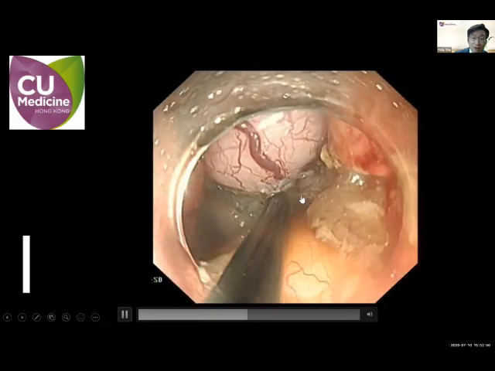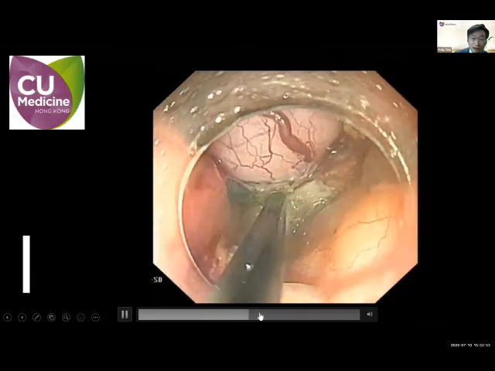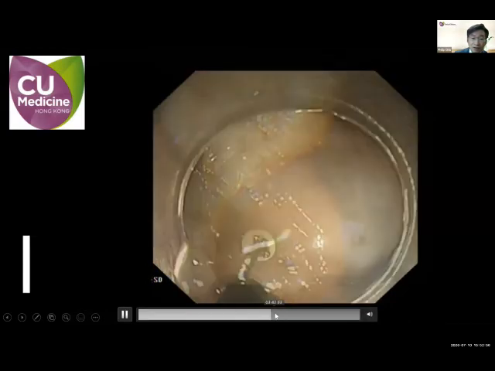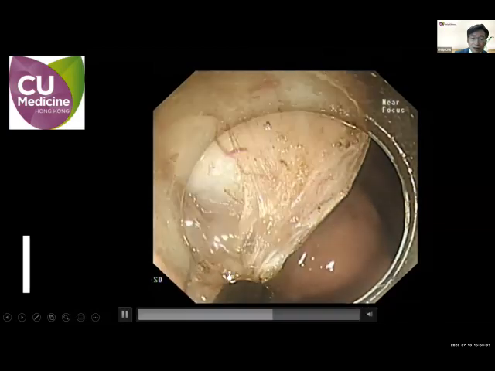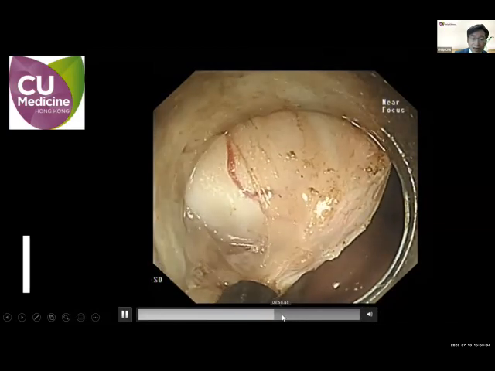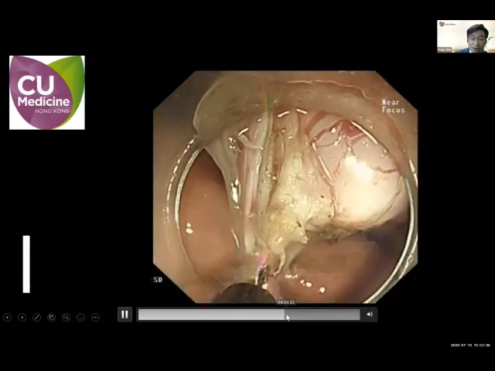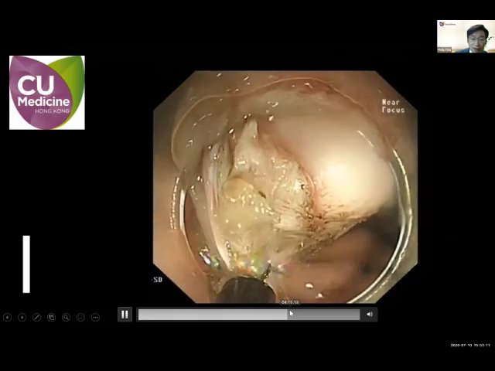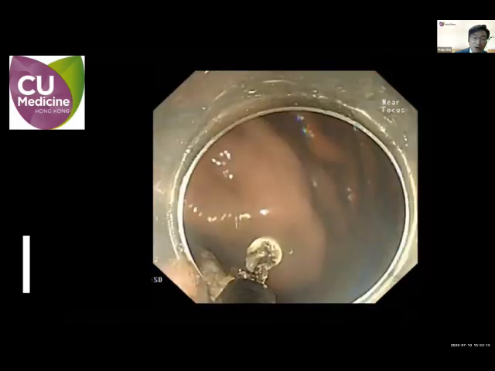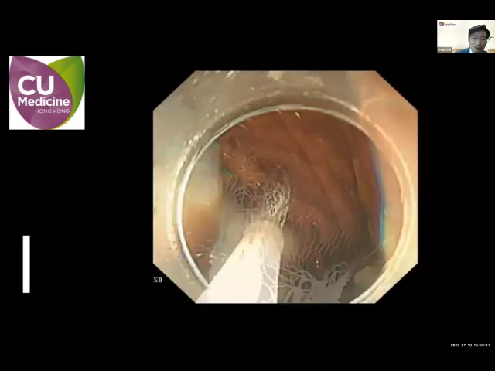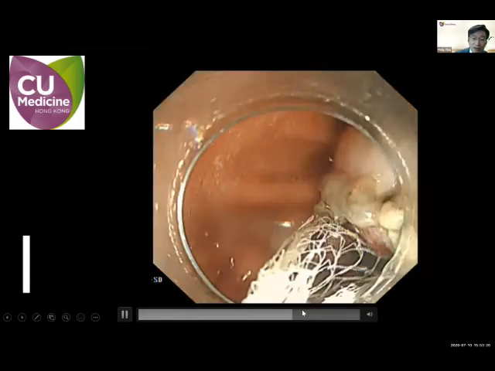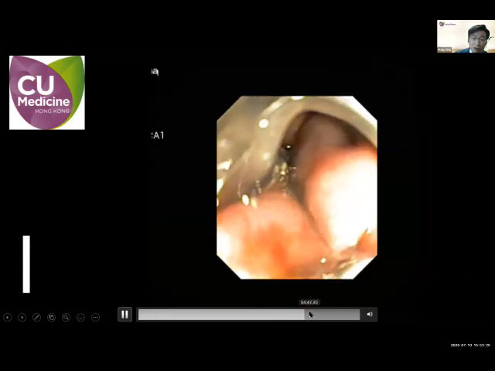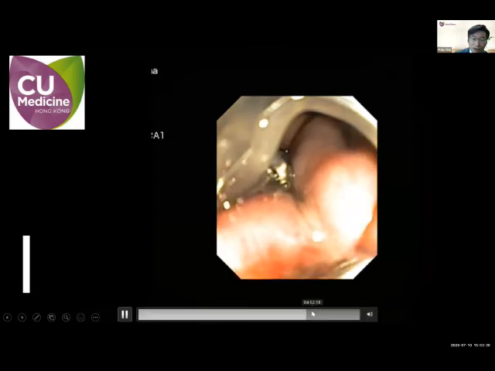Afterwards, I would complete the dissection by using the IT knife. Most of the tumor is then retrieved inside the gastric lumen, so I can complete the dissection from the inside of the lumen. This is the final part of the dissection. With the use of the IT2 knife, I can complete the resection. And then afterwards, I always take out the tumor first, avoiding it dropping into the peritoneal cavity. After taking it out, I use the Apollo OverStitch, which is an endoscopic suturing device, to